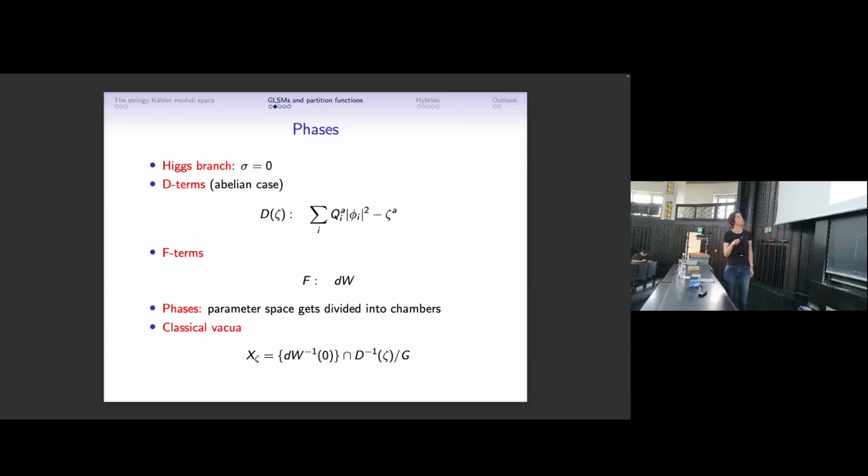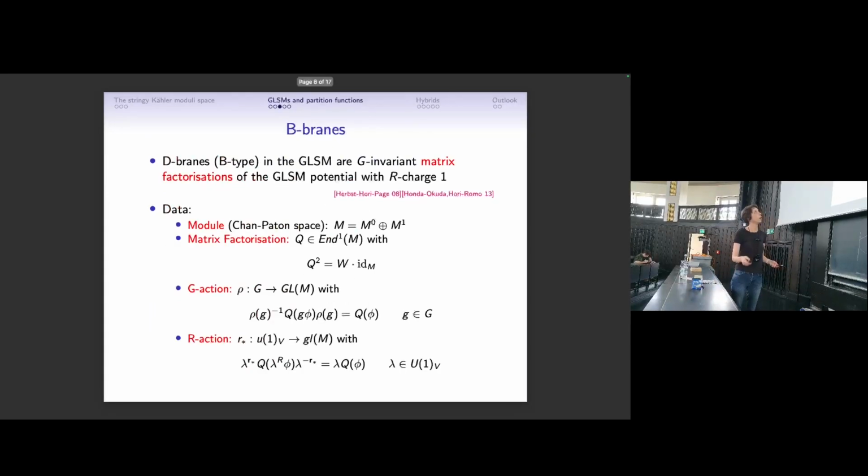So this is the D-term equation for the U1, for the abelian case. For the non-abelian case, you have some moment map equation appearing. So what's to be noted here is that the D-term equation depends on the Fi parameter, which is basically the real part of the Kähler modulus. So that means the solutions to these vacuum equations will crucially depend on which choices we take for the zetas. And this is what gives us the chamber structure, formally, and the phases. So formally, we can just write the solutions, depending on the Fi parameter, as the formal solution to these equations. So I will not go into details about examples here, but rather move on to the branes,